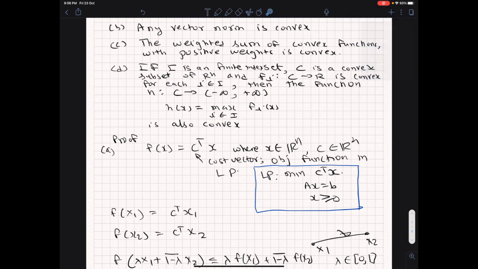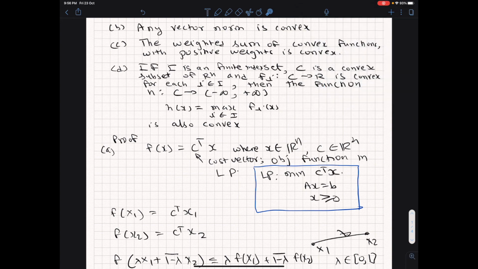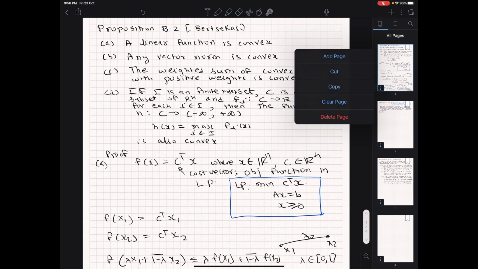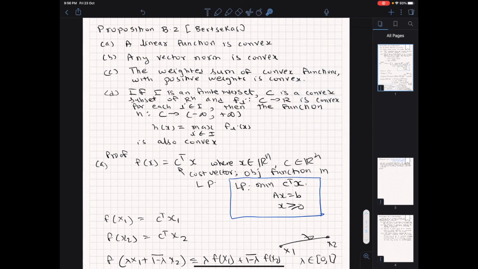The C part says that the weighted sum of convex functions with positive weights is convex. So we need to now prove this inequality. So let's